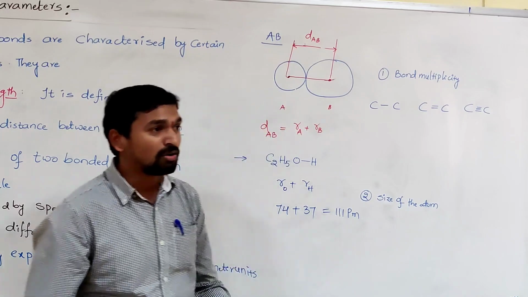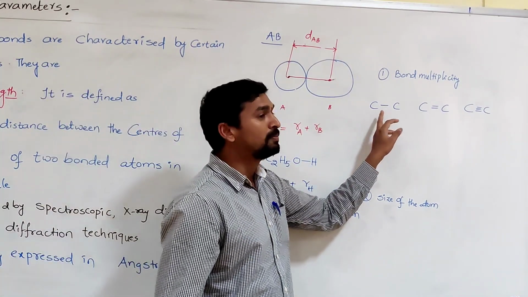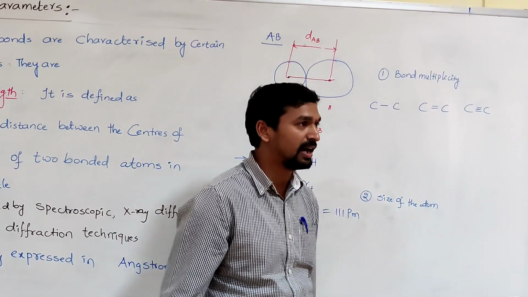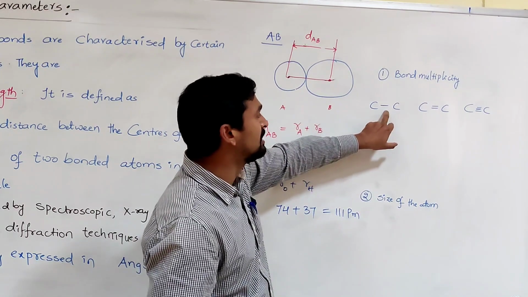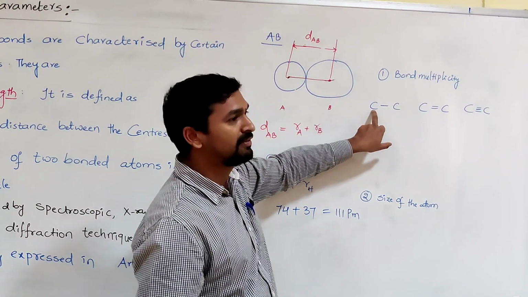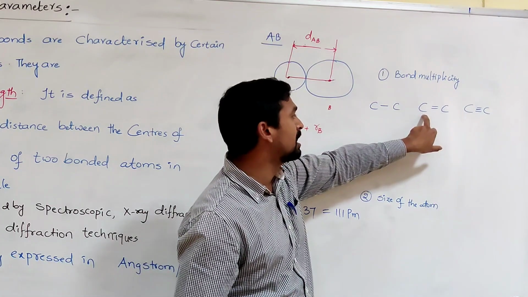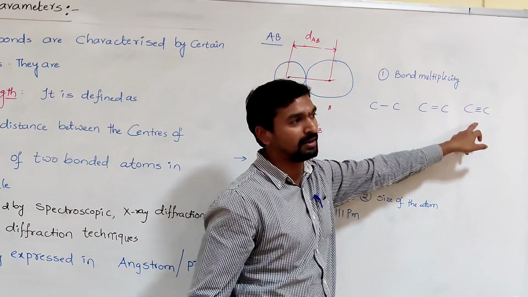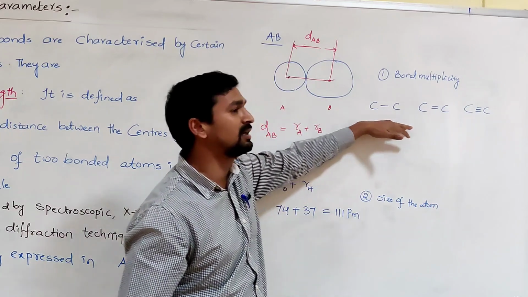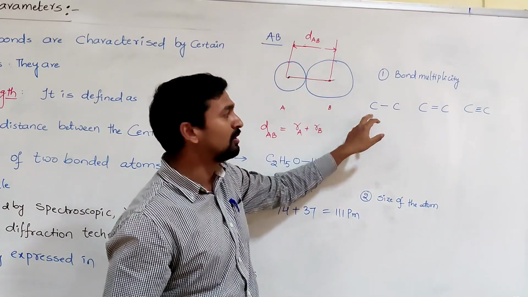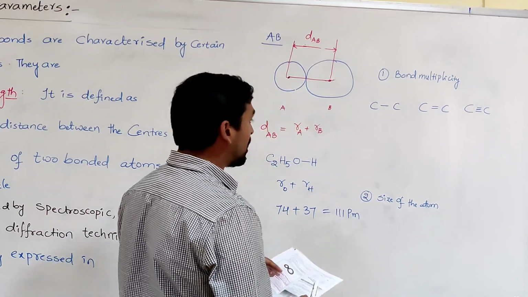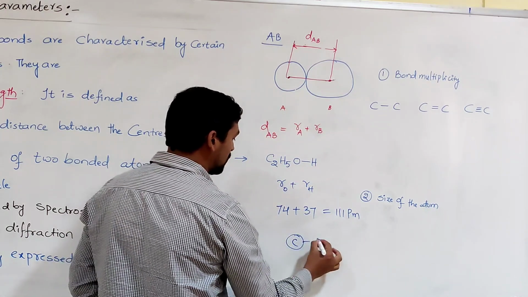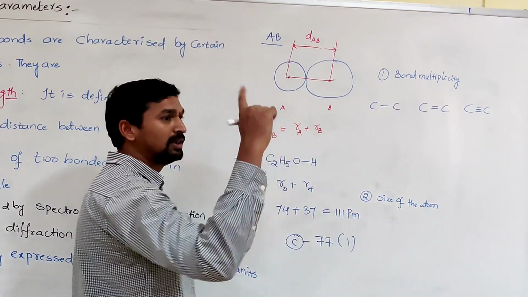That is because the covalent radii of the two bonded atoms which participate in the multiple bonds is different from one another. Whenever this carbon is involved in single bond formation, the covalent radius we use is different from the carbon which is involved in the formation of a multiple bond, either double bond or triple bond. So in all the cases the covalent radius is not the same even though the atom is the same. For example, whenever it forms a single bond, the covalent radius is nearly 77.